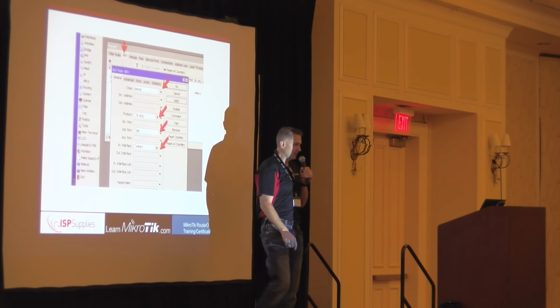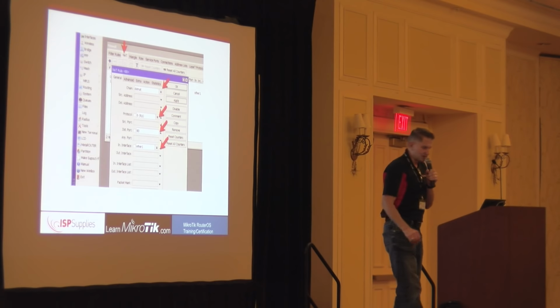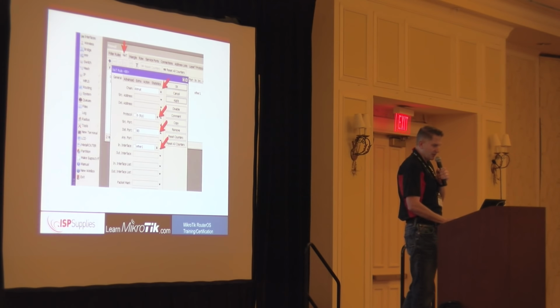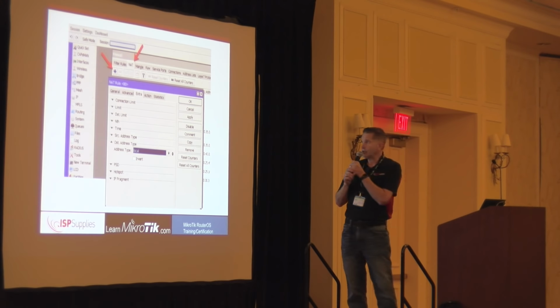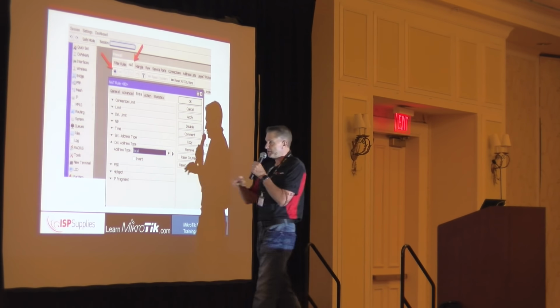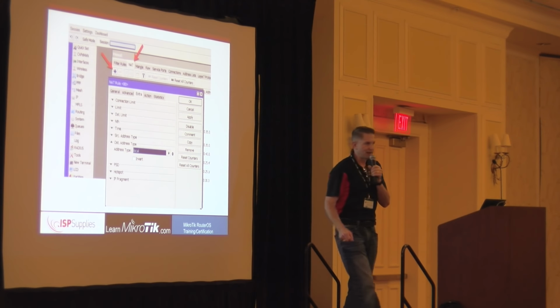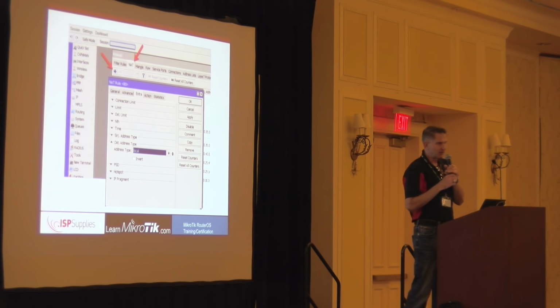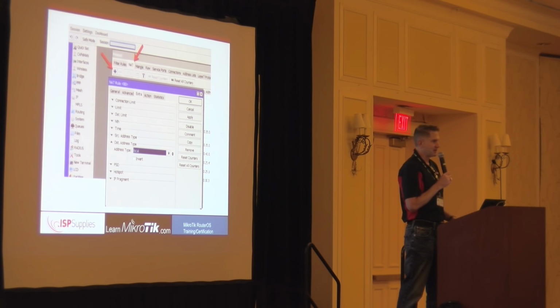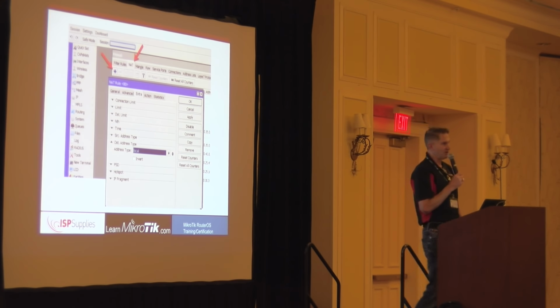In this case, for the in interface, I picked my WAN interface, assuming that's Ethernet 1. Now we have to narrow it down just a little bit more using the tab called Extra. There you can expand the section that says Destination Address Type, and set the address type to local, which is any IP that is bound to the router. This works better when you have a dynamic IP on your public interface that may be changing. If you write the rule very specifically, saying any traffic destination NAT, this protocol, this port, going to this destination address, which is typically your public IP, that won't work when your IP changes. So use the Extra tab and the address type local.